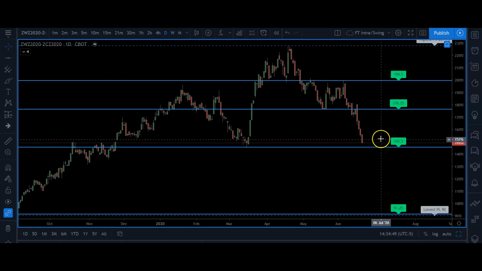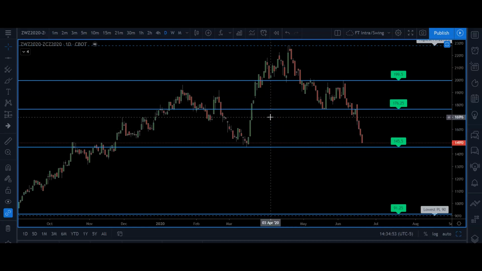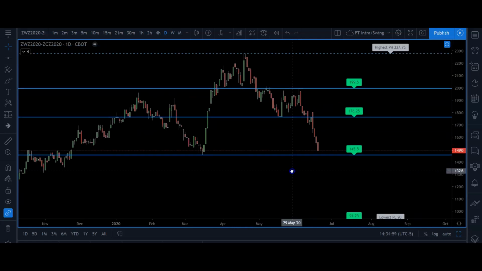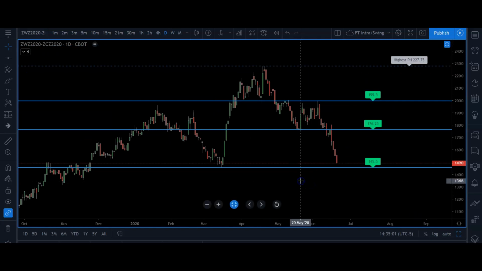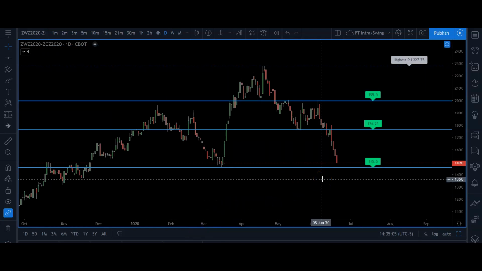Again, 1 point here is $50. It can make a move drastically against what you want, so you have to have your risk reward prepared. This is not just for anybody. It's a great idea, especially for some bigger accounts. It's a great opportunity to make a few grand if you're right. So what I want to do is give it to the business day tomorrow and really see if this thing is going to hold up.